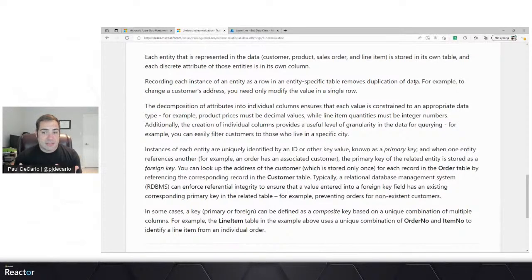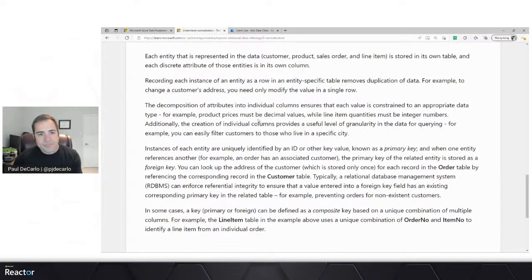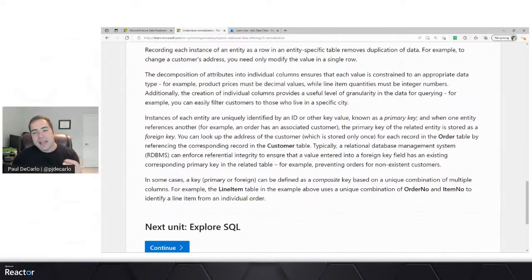And so this allows us to make sure that the tables that we're referencing are always what we're looking for. And instances of each entity, as you've seen, are always identified by that primary key. When one entity or one table references another, the primary key is stored as a foreign key, as we've mentioned here. So this allows us, again, what's the benefit here? I don't have to duplicate my data across all of my tables. We can use this concept of the foreign key in our table to look it up in a related table, and from that be able to compose all of the information contained within together.